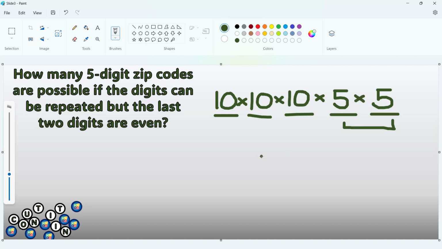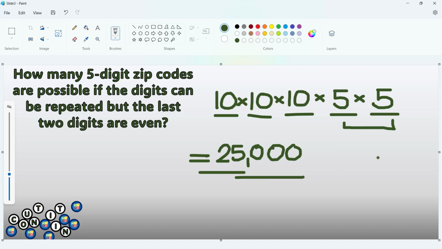In this case, the possibilities for each digit. And the result would be 10 times 10, that's 100, times 10, that's 1000, times 5, that's 5000, and times 5, you will have here 25,000 possibilities. Again, 10 times 10 is 100, times 10, 1000, times 5 is 5000, times 5, we have 25,000 possibilities